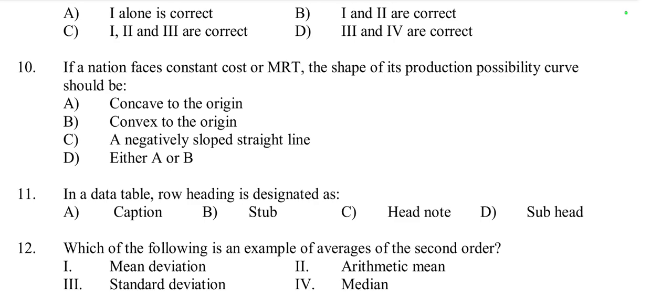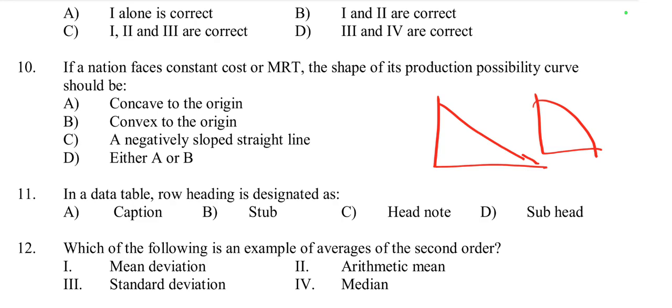The shape of its PPC should be a straight line, not concave. This is because constant opportunity cost implies that the trade-off between producing one good over another remains the same